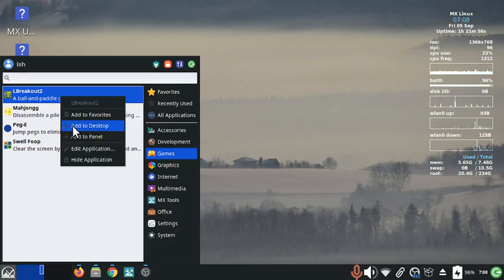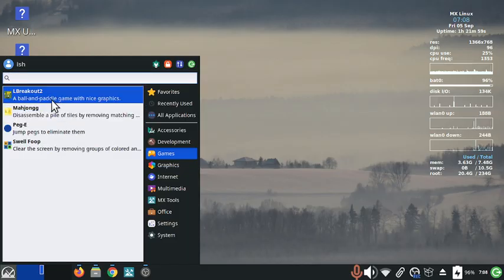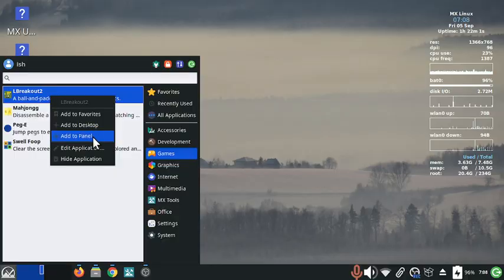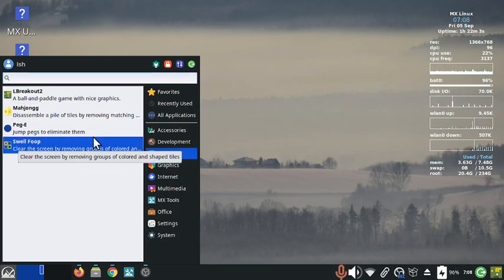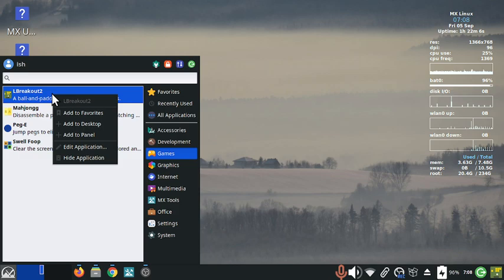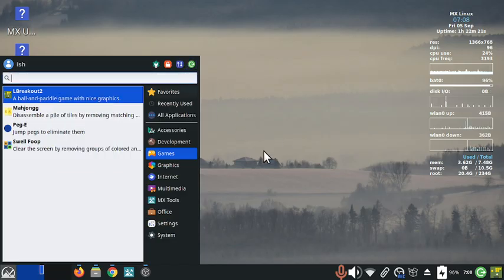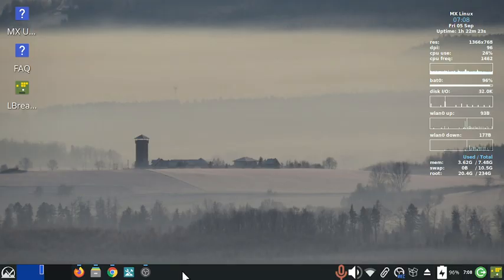I can add to desktop, and I can add to panel, and I can add to favorites, which will be here, and all this. So it will allow me to do all these things. So add to favorites, add to desktop, add to panel. I don't like the idea of adding it to the panel, because I think in reality, the vanilla XFCE